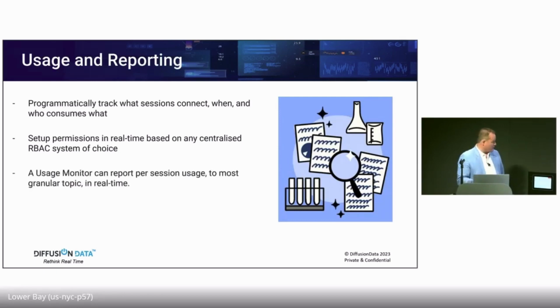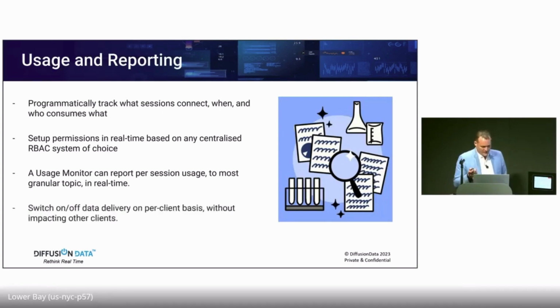I've mentioned this, but this allows us to deploy the usage monitor, so every client knows exactly who is using what data. So when it comes to things like the cloud, every single customer will be able to report exactly which customers have used what data. So no more fears of the audits coming in. Again, with Multicast this isn't always possible. And then we can switch on and switch off data delivery on a per client basis without impacting other clients. We can watch what the clients are doing, and we can literally switch off the data and so forth if we need to, on a per client basis.